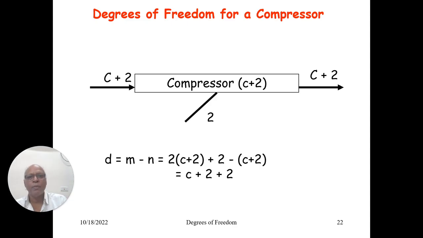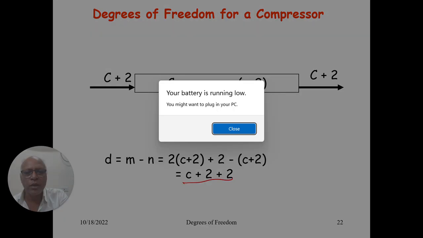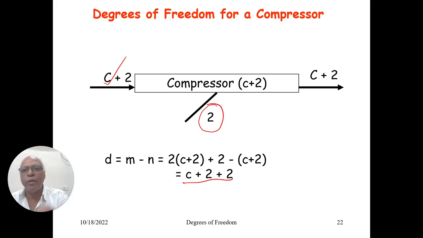For a compressor, I am saying 2, right? What is the exit pressure? At least that must be mentioned, along with maybe whether it is isentropic or any other thing. That should be mentioned. This is the minimum number. Probably when you try to solve problems involving a compressor, you will be able to identify these equipment parameters. Once again, the result is similar. Specifying the degrees of freedom means input stream and equipment parameter. So that should take care of these definitions.